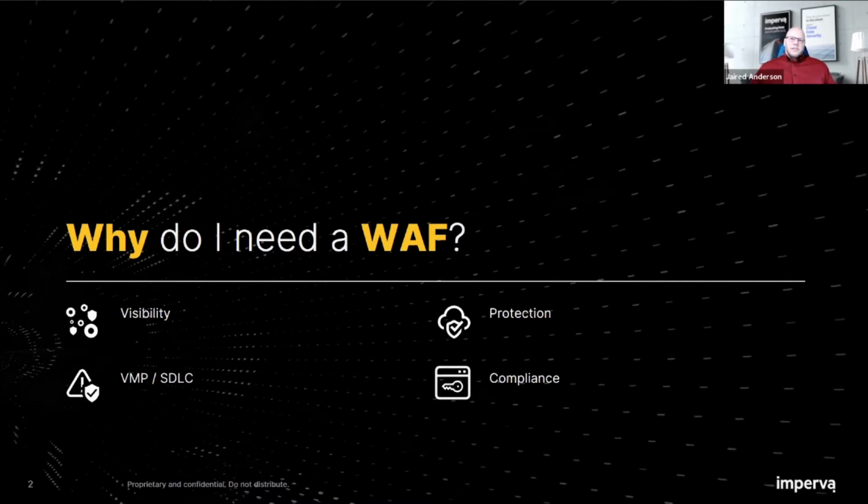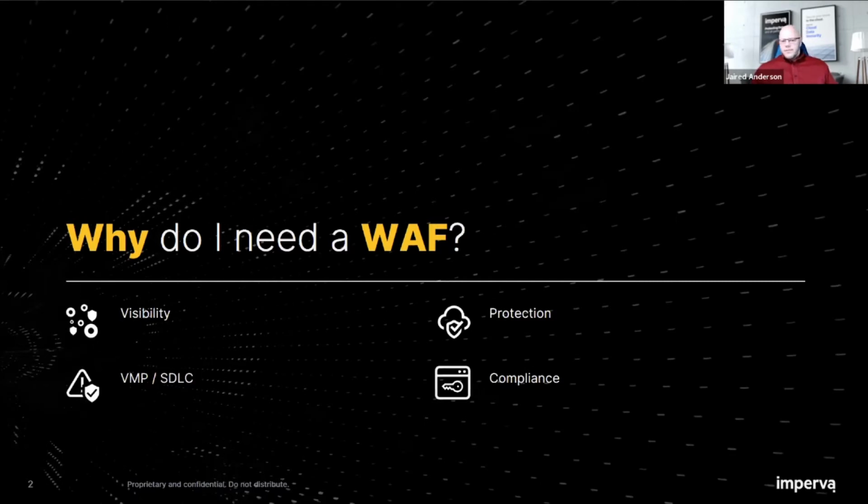So a WAF is also, looking at the third option here, a critical component of your vulnerability management program and can also be incorporated into your software development lifecycle. The protection that the WAF offers with the virtual patching and mitigating attacks is definitely a critical component of a VMP.